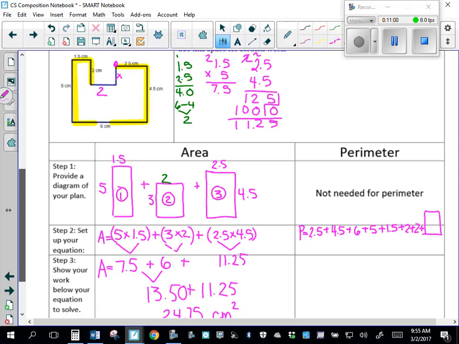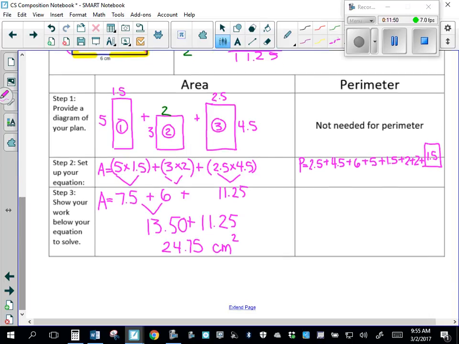So if we go back up to this picture, we notice that from here to here is 4.5. If I draw a straight line across the top, that means this is 4.5. So this little bit here is 0.5, which is right here. So this bit here has to be 1.5 because the whole piece is 2. So that little bit is 1.5. That's the challenge of that problem, is finding the missing value. But once we have that,